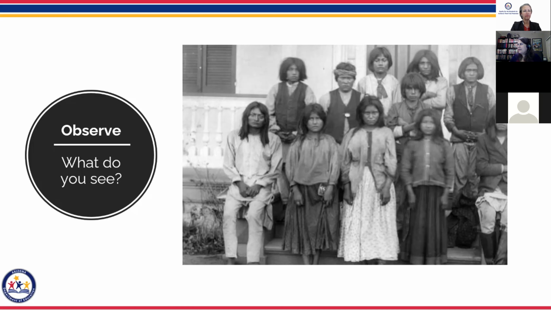Okay, children, maybe not smiling, a group of people standing outside a building, they're not smiling. And I would ask students, if a student wrote sadness, I'd say, well, what makes you say they're sad? And they might say they're not smiling, the way they look with their children, or their shoulders hunched. Native American children, the clothing looks so old fashioned, it looks posed maybe. Different types of clothing. So you take a few minutes, you can do this as a whole class or as a partner share, and you ask them observation questions about the source. It can be a picture, it can be a document, it can be a diary.